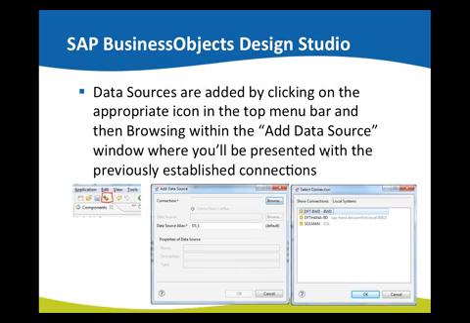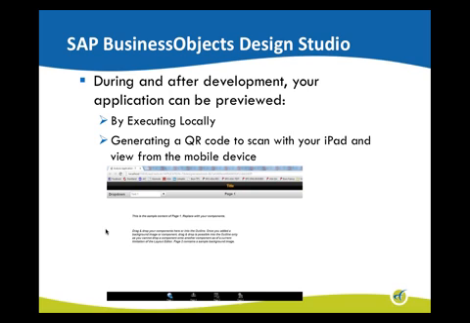So in Design Studio, I don't know how many of you are familiar with it, how many of you have had the opportunity to use it, but you add your data sources, and something important to get the hang of the first time is that while you add your data sources through this nice, easy access button, you have to first give a back-end connection before it sees where the data sources can be added from. And that's done under, I believe, the tools and preferences. So during and after your deployment, you can preview your application.